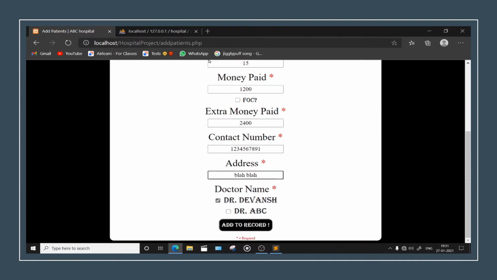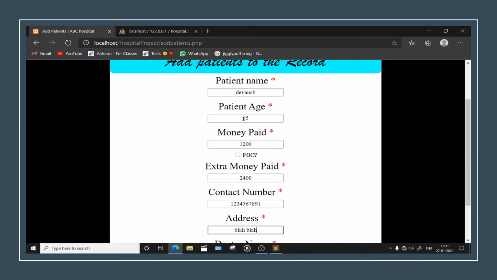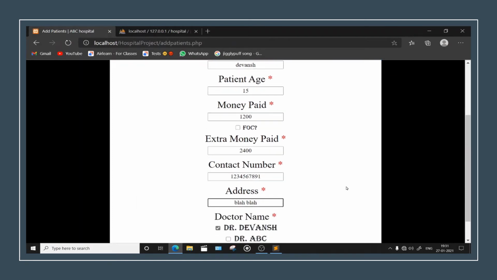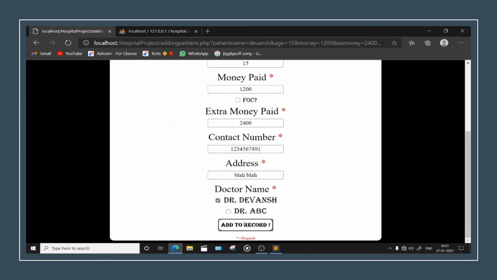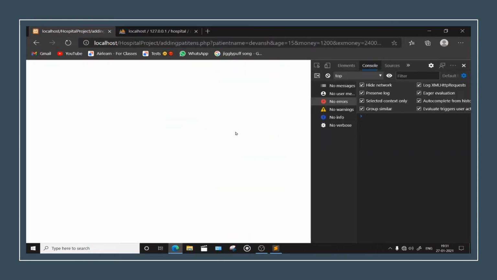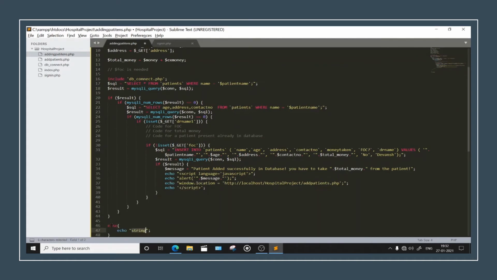Okay, this is because the patient for this thing is already present in our database, right? That's why we need to make this thing a unique one so that it gets inserted once again. Fine. So let's add it to record. Now what problem do we have? Wait a minute. Let's just put one else statement here. Else echo error dot mysqli_error, and it takes one, you all know, $.